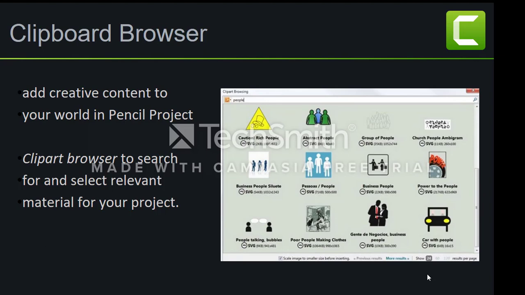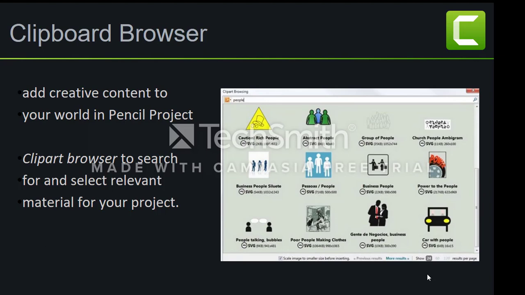These include rich people SVGs, abstract people SVGs, group of people SVGs, crunch people ambigram SVGs, business people silhouette SVGs, people pesos, business people, power to people, car with people, and many more.